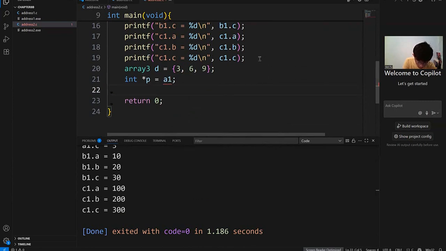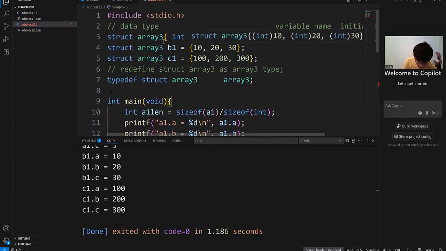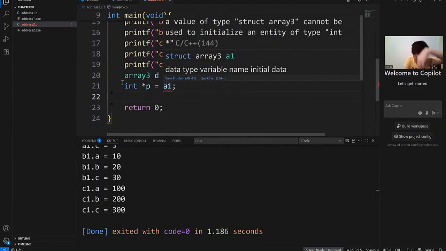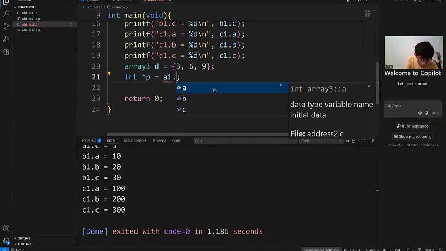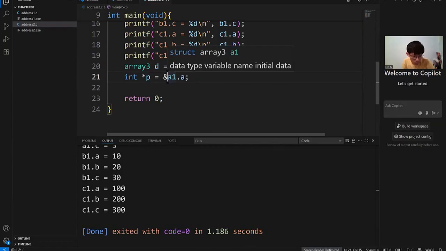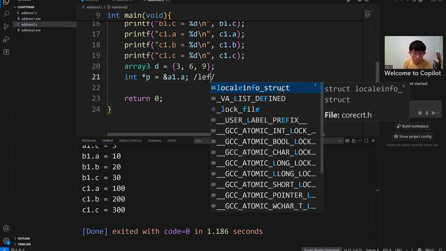So this A1 actually is a structure. You try to assign the structure to this, that's not okay. So you can do A1's address. Because it's an integer pointer, a pointer to an integer, so if you use A1, that's not okay. You use the address of A1, this is fine, because left-hand side,